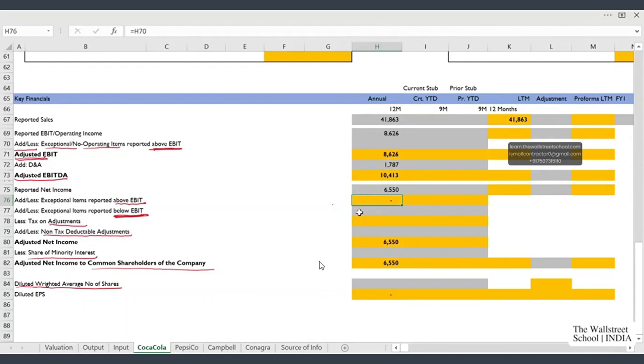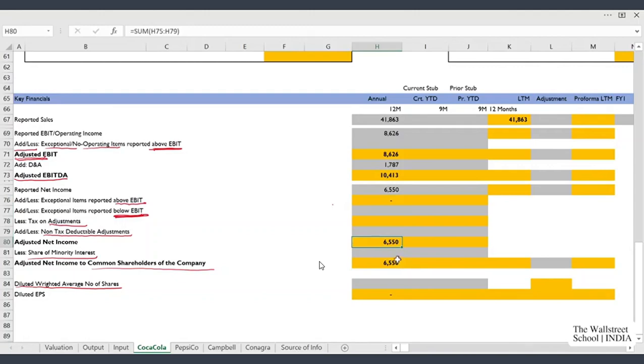Then friends, we will be making all the adjustments here in row number 76, 77. In row number 78, we'll be reversing the tax impact on these adjustments, and in row number 79, we'll be making adjustments for non-tax deductible items. Once we are done with this process, I'll get my clean net income, which in this case is coming the same, as we have not done any adjustment yet.